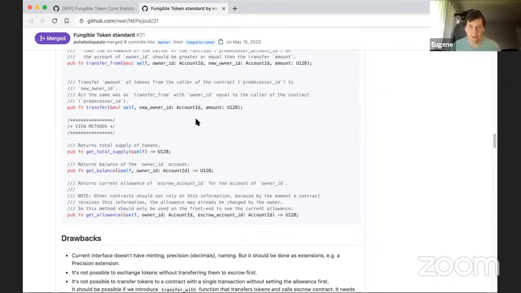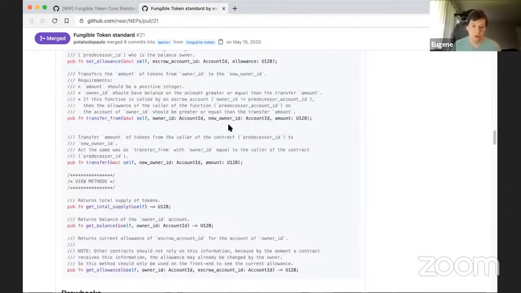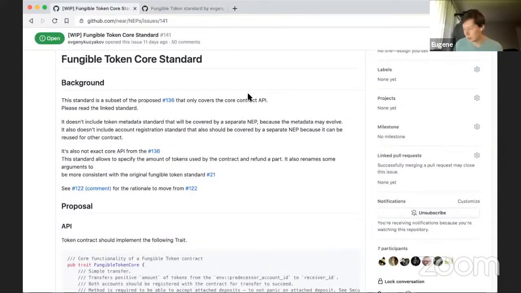So the original standard NEP-21 had two issues. One is unpredictable payments of attached balance, and second, it created slightly more complicated composability because transfer from did not guarantee success. You need to handle it and do a reverse, plus allowance is kind of abusable if you over-declare it. So the new standard